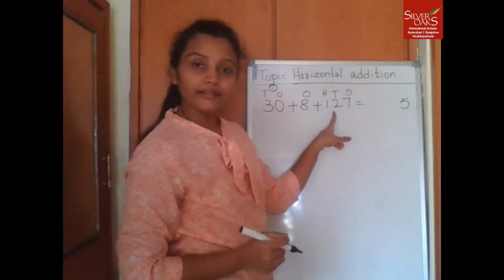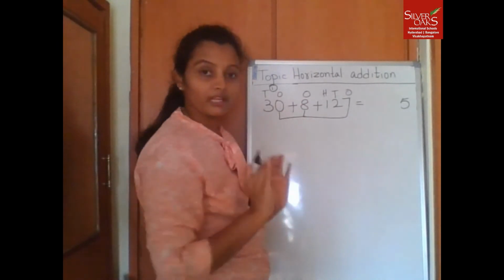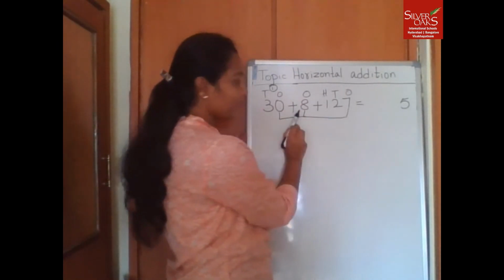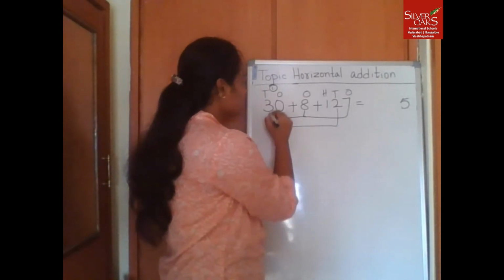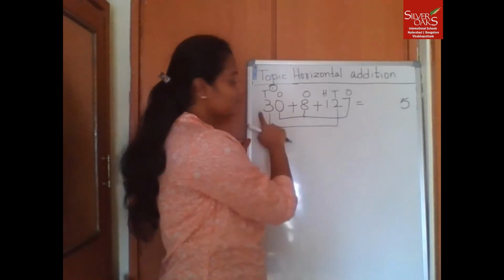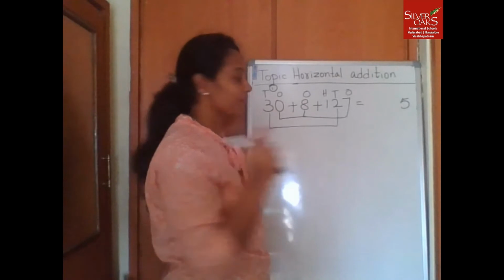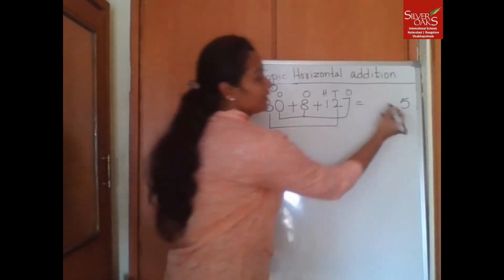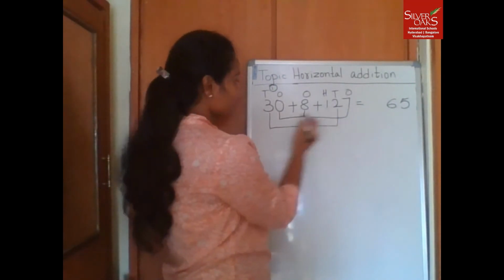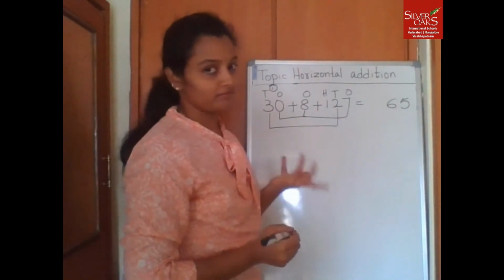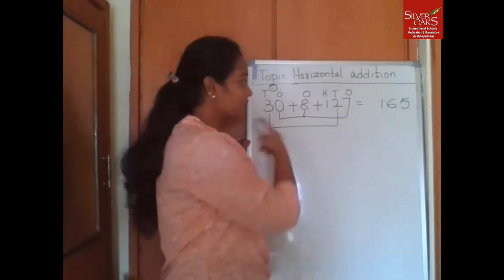We are done with ones place. Now add tens place. Do we have any tens place here? No. So add tens place here and tens place here. 2 plus 3. Again near doubles. 2 plus 2 is 4, plus 1, 5. So 5 plus 1 is 6. Now we have hundreds place. Do we have hundreds place in the other numbers? No. So write the hundreds place. So what is the sum of these addends? It is